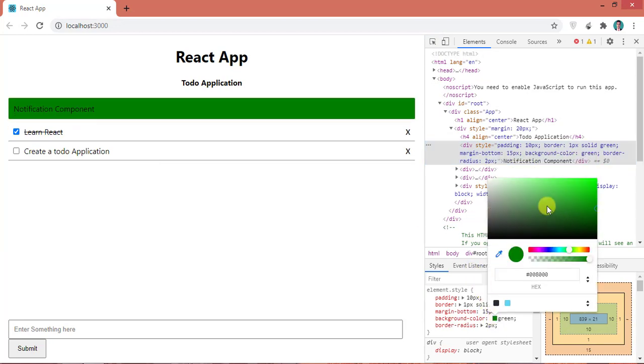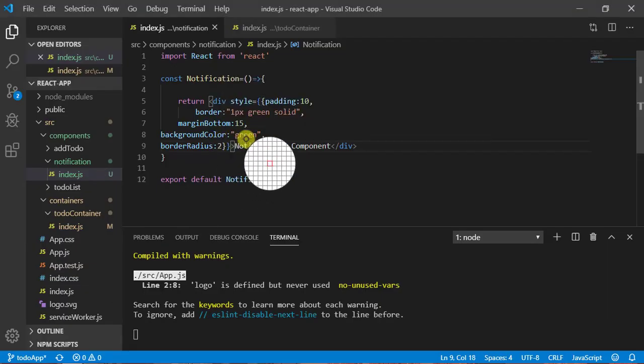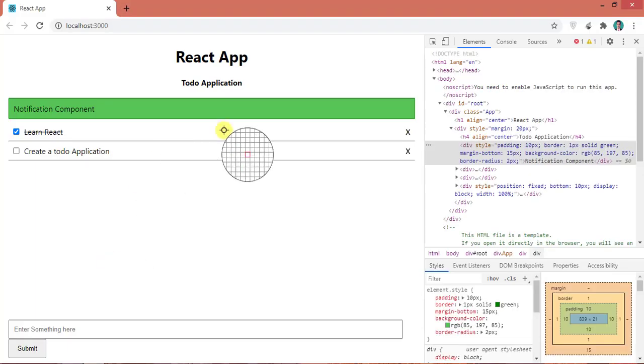It will open the color picker, and from here you can select a color and match it at a time. So I think this color is, yeah, this is looking good. So copy this color code from here and paste it here instead of this green. Okay, now save it. As you can see here, I am getting this color.